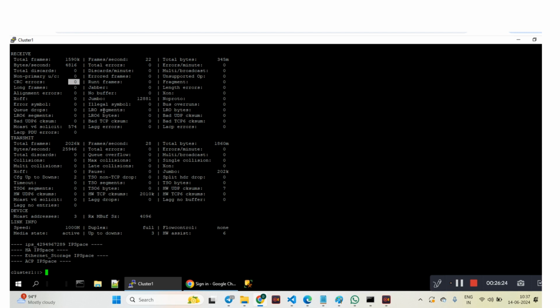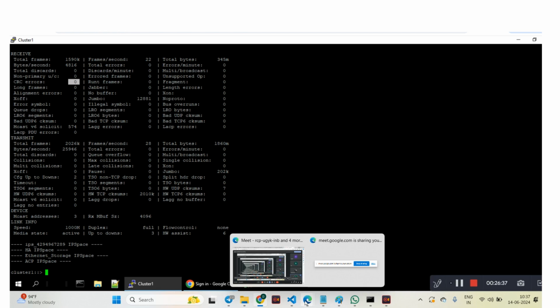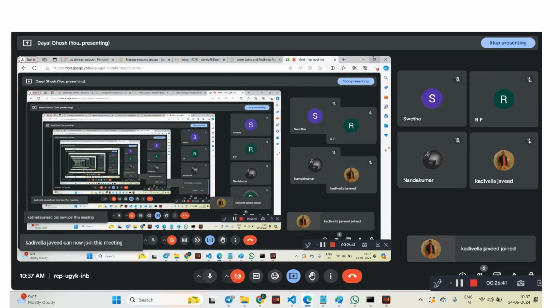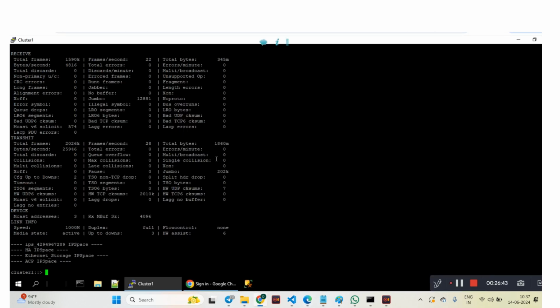It will be done by NetApp, and then you have to migrate it back, revert it, and change the auto revert to true. And how do you find those things? There is a command,